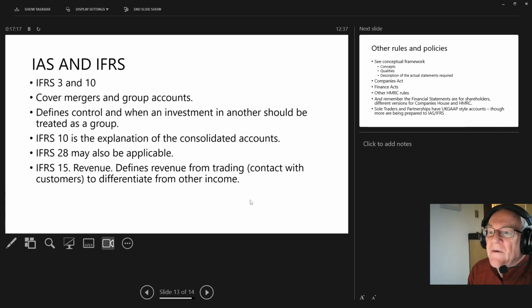So, last pages of IAS and IFRS. IFRS 3 and 10 are to do with mergers and group accounts. Essentially, 3 is the one that explains it all, and then 10 is the explanation of what consolidated accounts should show and how they look. Bear in mind the variable returns from companies and expected returns, and also things that you will do if you do level 4 AAT, DAFE units, and some high level units where there's intercompany sales.